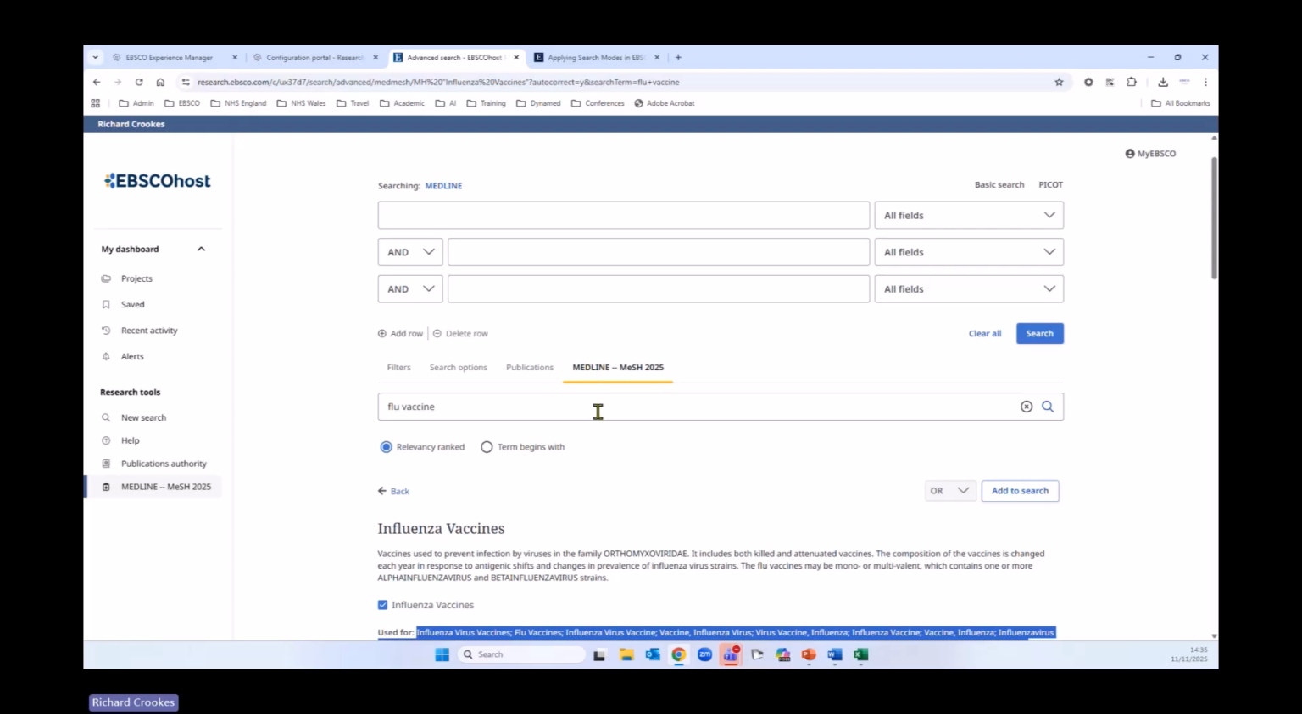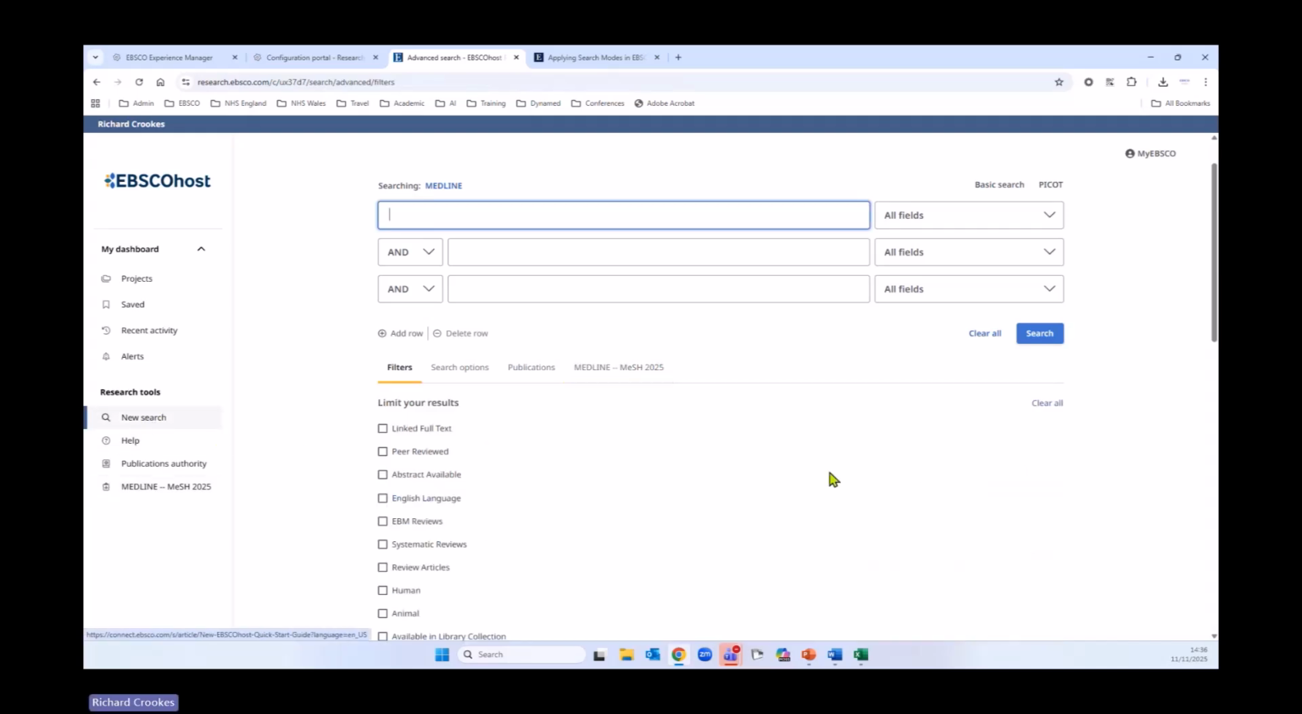So what I might do at this stage is just do a quick search, and then we'll look at the search history itself. So first of all, just to clarify, if, for example, you want to run a search and apply the EBM reviews filter to this search, then you can do that here. So for example, if we are looking at gastroesophageal reflux disease, so GORD or GERD,